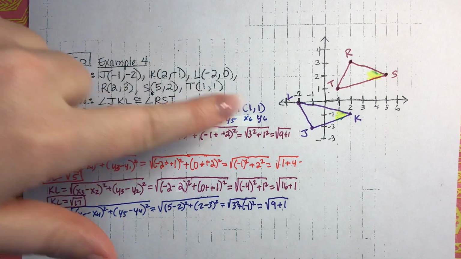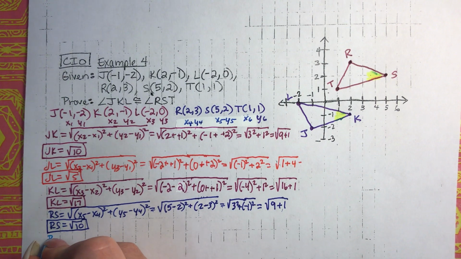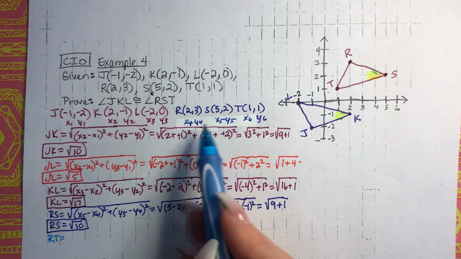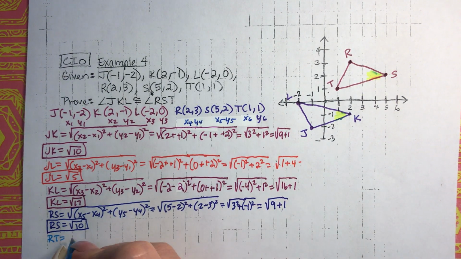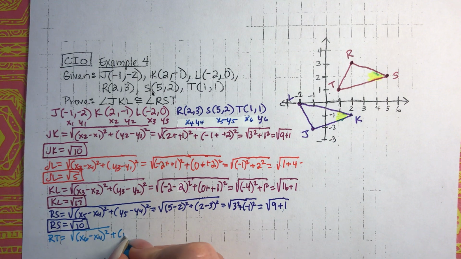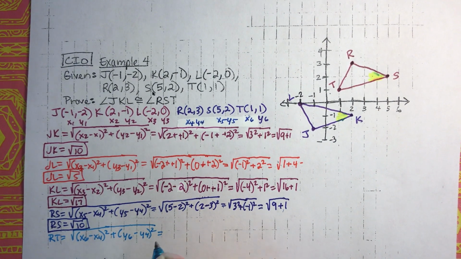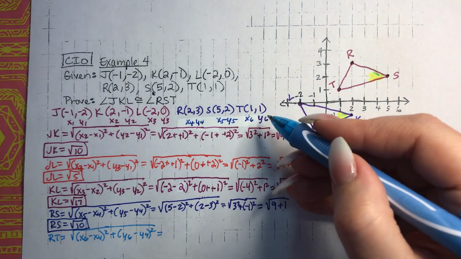So that's RS. Let's go to RT. Okay, so RT, what is RT? Focus. It's 4 and 6. Okay, so it's going to be x6 minus x4 squared plus y6 minus y4 squared equals, now we substitute,